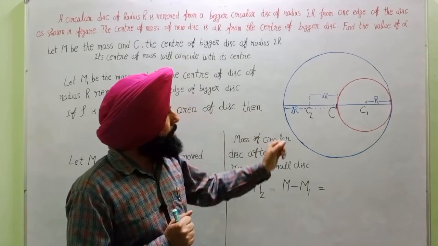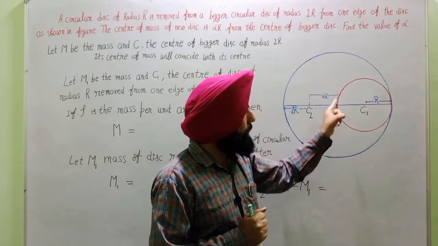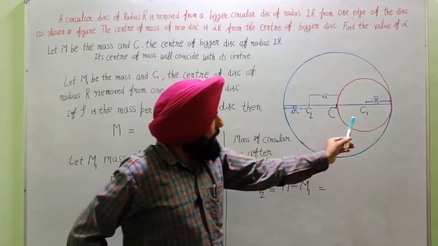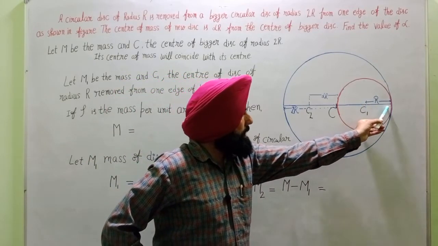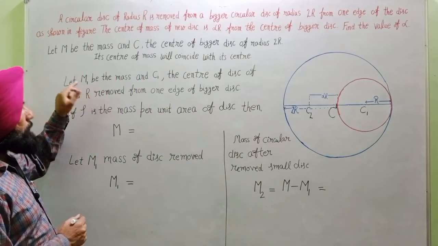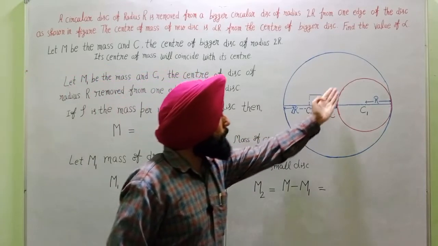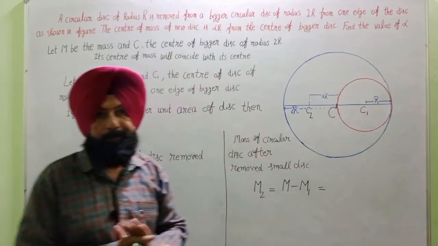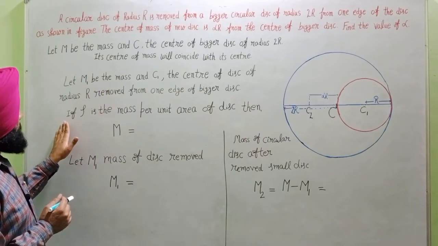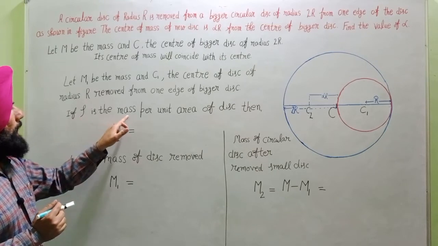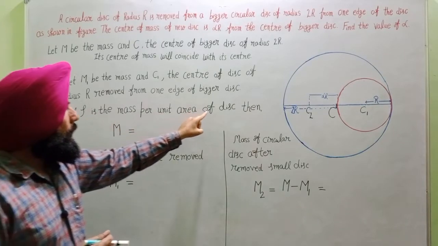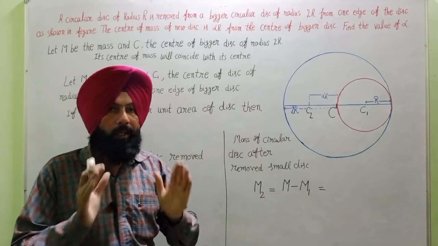Now, we will discuss the small circular disk which we have removed from the bigger circular disk. Its center of mass is C1, radius capital R, and let small m1 be the mass of the removed circular disk. After that, if rho is the mass per unit area of a disk, then first of all